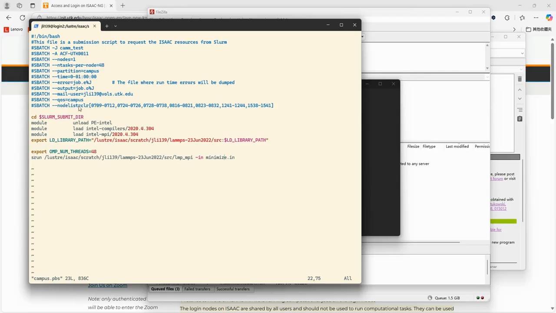And the QoS also campus. The node list is now important here. It defines the node you want to use. And then you need to run the job. So here you need to use these two